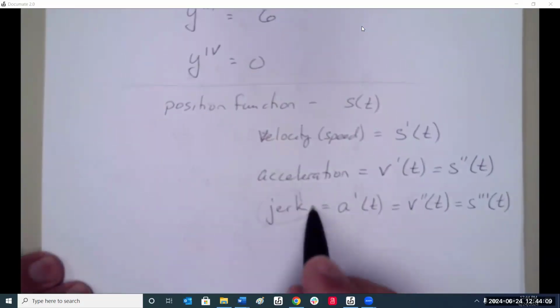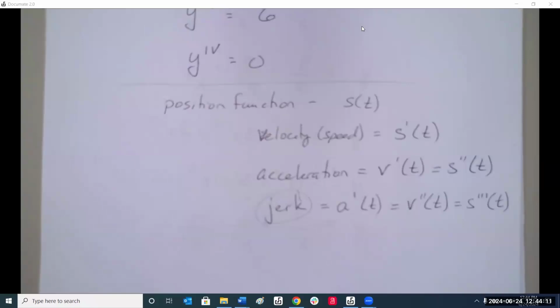Yeah, a lot of people never heard of jerk. They usually just call it jerk. Because if you're accelerating, it's one little faster jerk. That's what happens instantaneously. Each one of these is an instantaneous rate of change. Well, let's